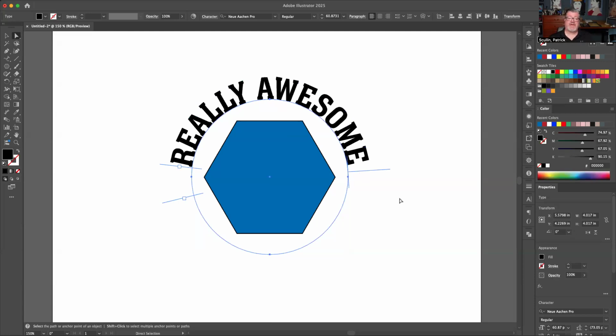You might think, okay, I'm just going to use that type tool again and put text on the other side of the circle. You'd think that, but you can't. Illustrator is going to force you to draw a new circle for the new line of text. So that's what I need to do. I need to go back to my shape tool, switch to the ellipse,